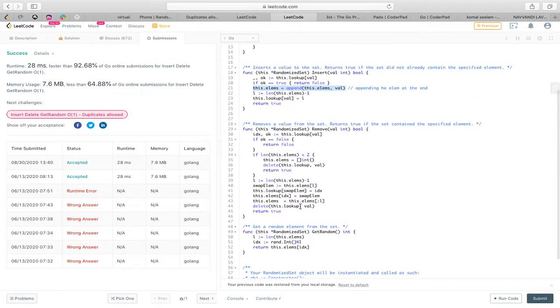Now let's look at the get random function. We already talked about it, it's a constant operation. Random is a constant operation and retrieving an element from an array is also constant. Let's look at removal. Removal is also a constant operation because the lookup is happening in constant time from the dictionary. If it is already there, deletion is also in constant time, and swapping is a constant operation. Thus this whole removal operation is constant, and insertion is the only one that is asymptotically